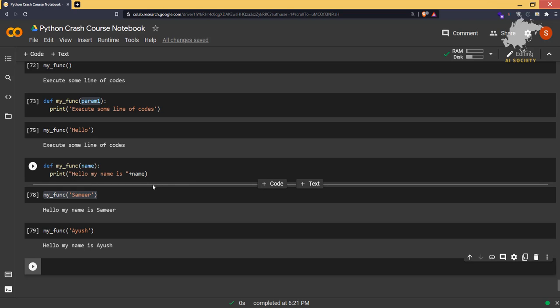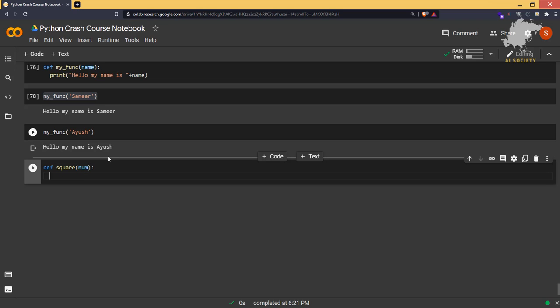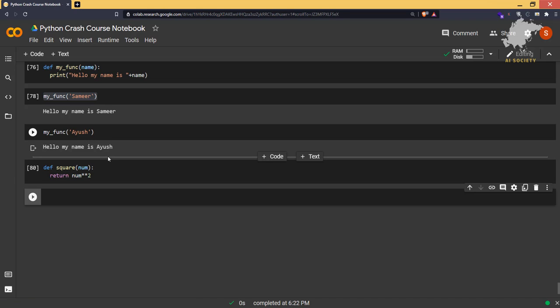Okay, that becomes a tongue twister. So let's move forward and take a more meaningful example. Like if I want to calculate a square, I'll accept a number there, and then I'll say return. I'll be using return here, num to the power 2. So let's calculate the square of a number.